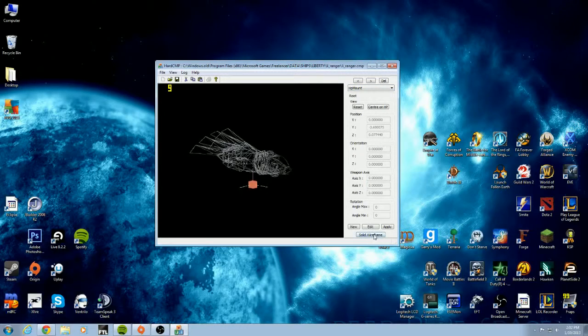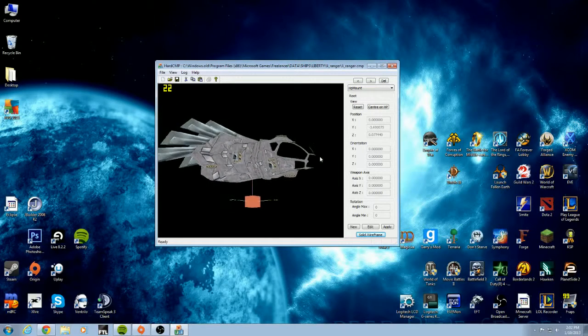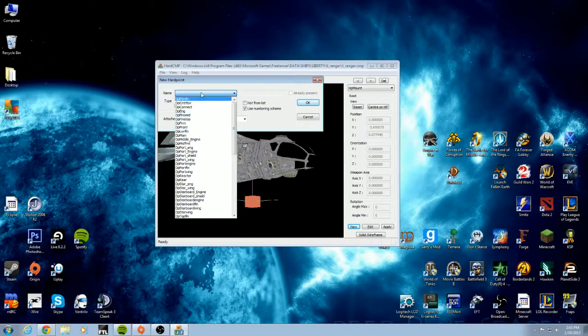Alright, so then down here, click Solid Wireframe, which will change it between a solid and wireframe look and spare your eyes. Then click New to create a new hardpoint. Revolute and Fixed: this is the type of hardpoint. Fixed hardpoints are generally things like the ship's wings and such, things that won't move but break apart on the ship, where the engine is, etc. So we'll choose Revolute for a weapon and go to HP weapon at the bottom,